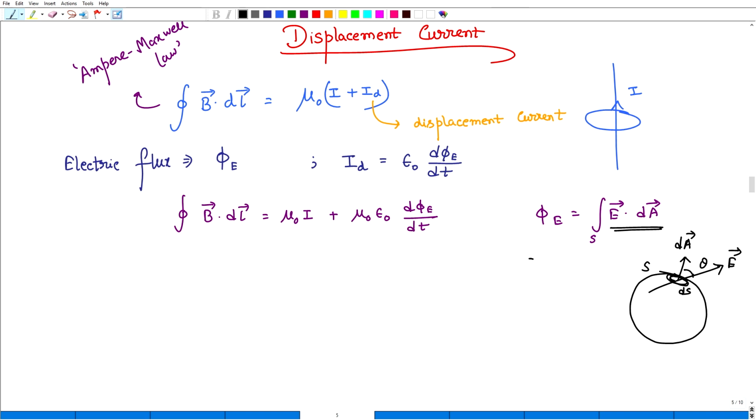So, we can write like this: phi E equals the integral over S, and this is the d phi. So, then it is clear, right? Okay. I am not getting into that, but the definition of the phi is this. Okay. So, now